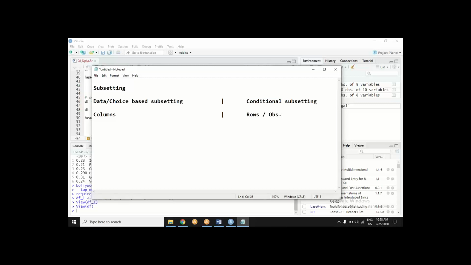I want only particular observations which satisfy a certain condition. Otherwise, I don't want it. So that's where the filter function comes in. Suppose I say I need to see only those diamonds which are costlier than 5,000 units, the 5,000 bucks, whatever unit they are using.